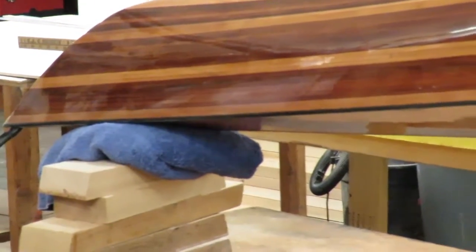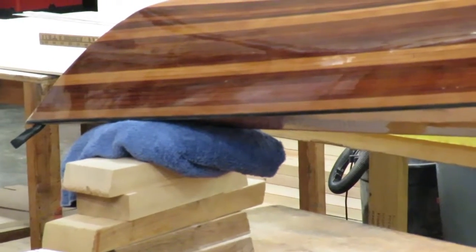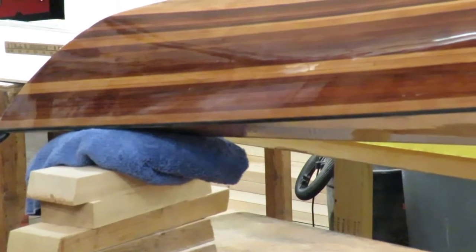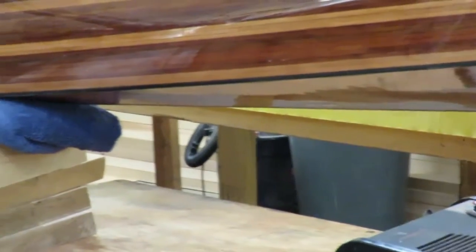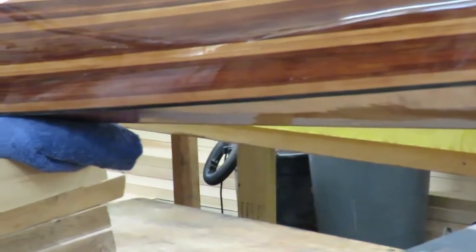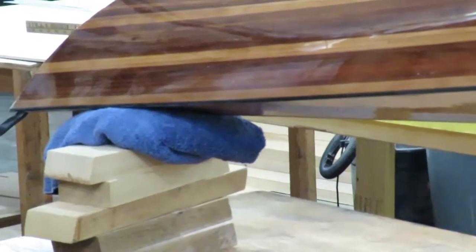We want that section to be horizontal, so the epoxy will not want to run away from where we want it. And since it was cool in here, we used a space heater. Don't get the deck so hot that you blister your varnish or anything though. Keep checking it. Be careful anytime you're using heat